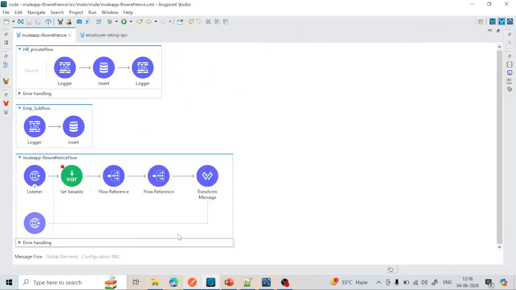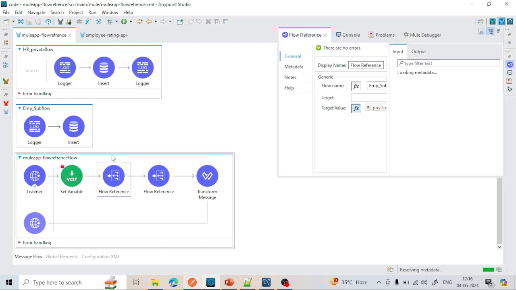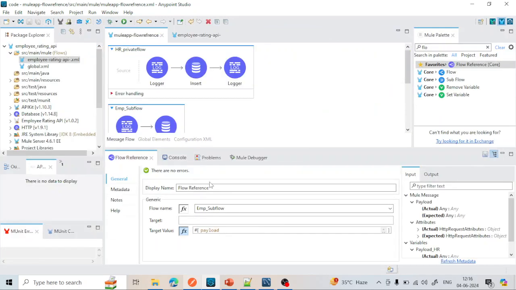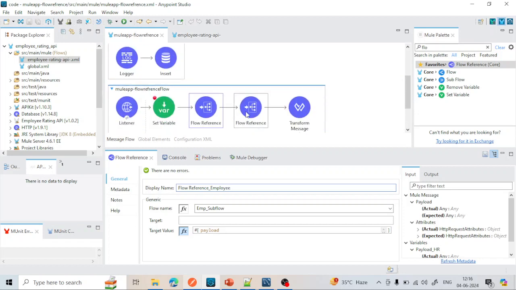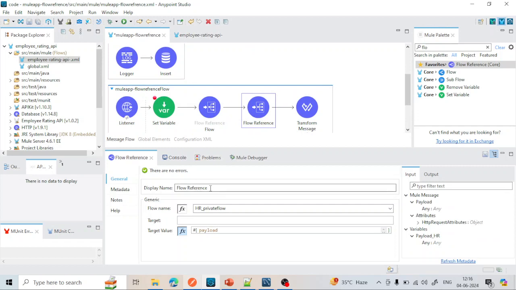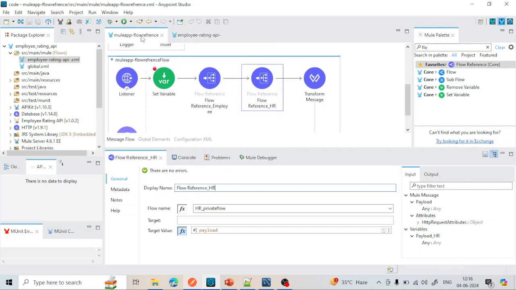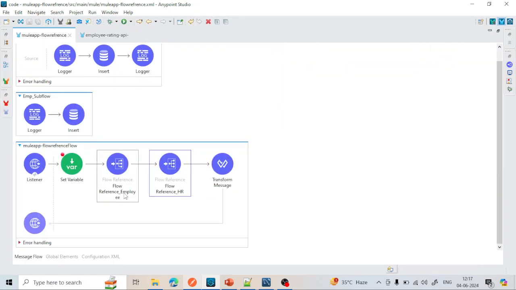Now this is my main flow, this is my subflow, and this is my private flow, and I am using this flow reference for the emp. Let me change the name also, that will be helpful. Emp reference, and let me write here the employee, and this let me write for the other. Let me change here the emp reference and the HR. Okay, now I have changed the name. Now it is the flow reference for the employee